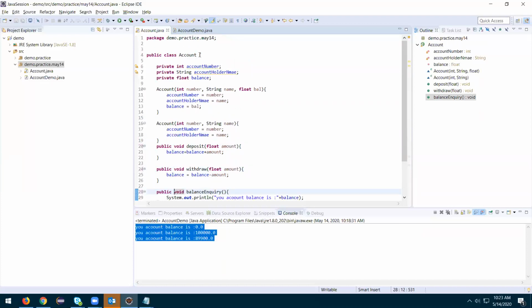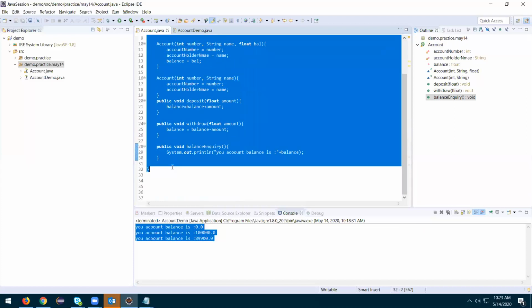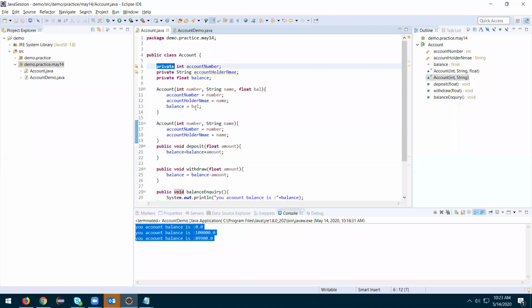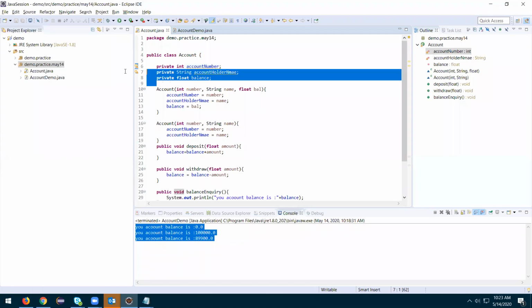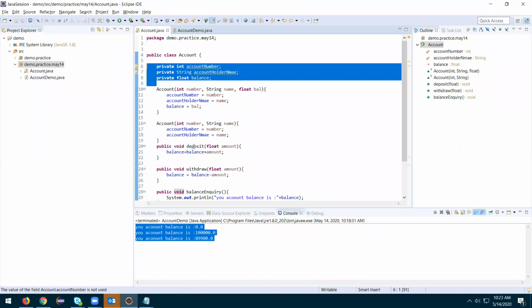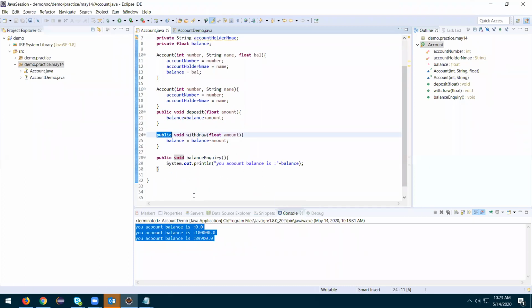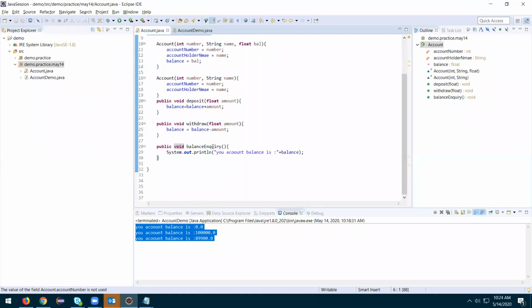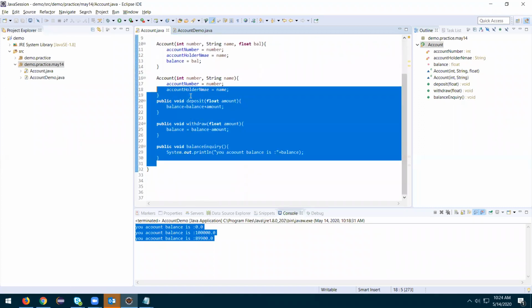That means the class starts here and ends here. Inside this boundary only you can access it if it is private. If it is public, you can access it from anywhere. Usually we specify private to the variables or properties and public to the methods.